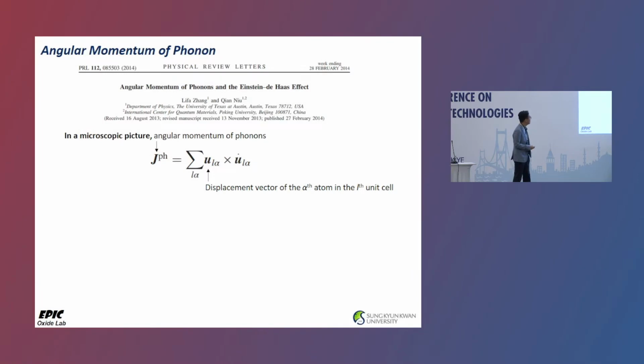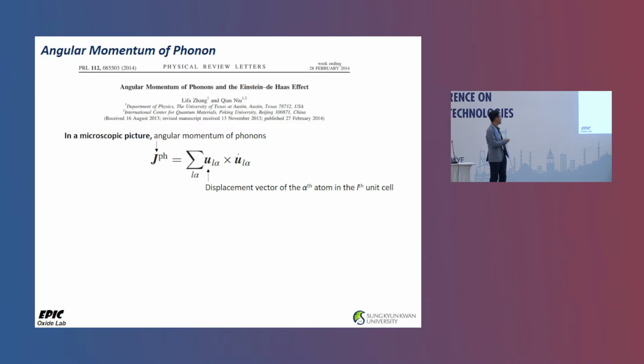This is one example. This is actually a theory work back in 2014. What this paper says is angular momentum of phonons and the Einstein-de Haas effect. The Einstein-de Haas effect is the connection between angular momentum and magnetic moment on a macroscopic scale. And for this microscopic object, the phonon, if it has chirality or angular momentum, this angular momentum can effectively create magnetic-like behavior. So this is the